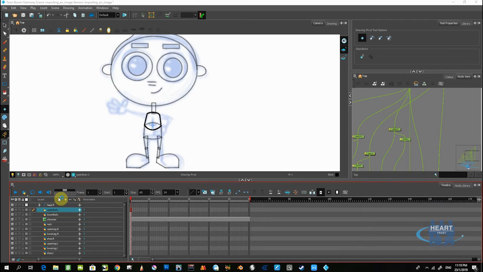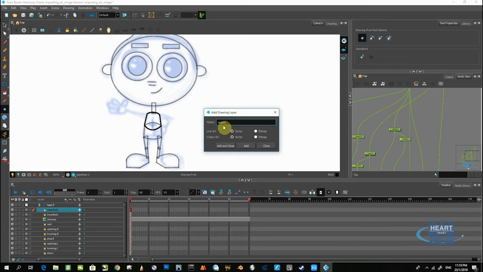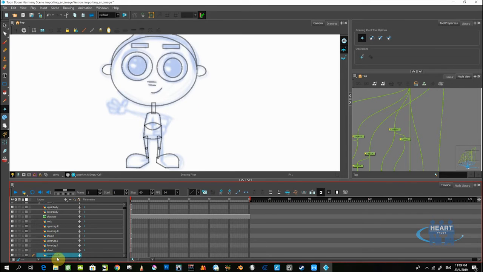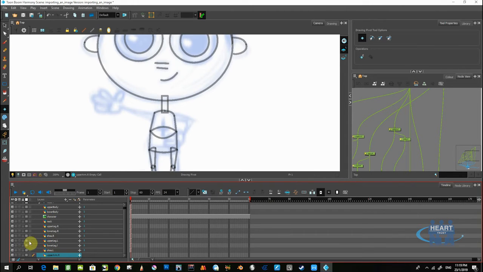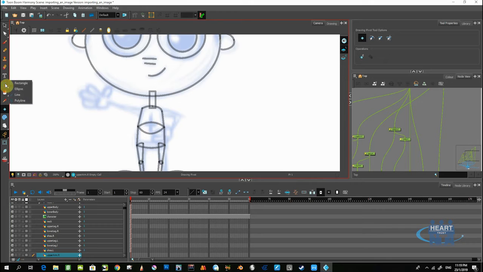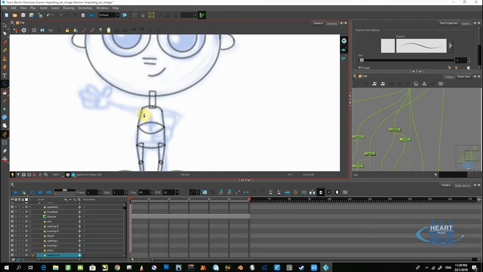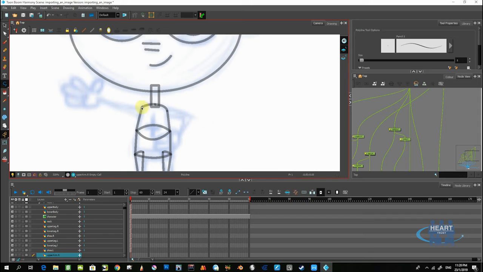So I'm just going to create a new layer, call this upper arm dot R for the right side, and I'm going to try and place this above the sketch. Again, for some reason it won't move physically in the layers panel, but it's actually above the character sketch, so I won't worry too much about that. I'm going to use the polyline tool, and I'm just going to draw the upper part of the character's arm,